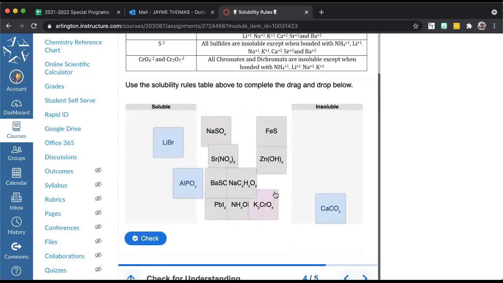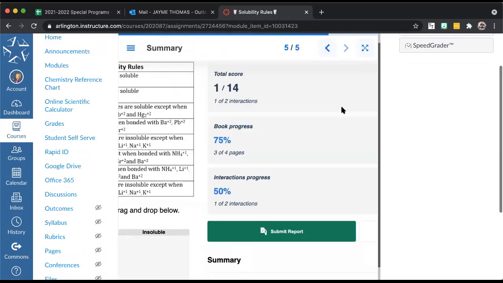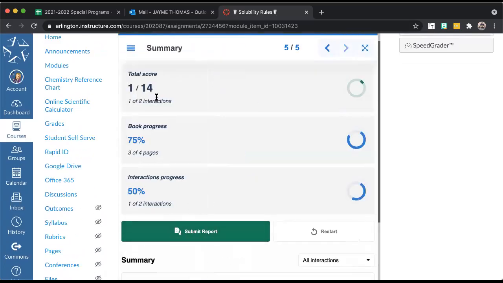And so when you get done with this, make sure that you go to the last page and that you submit the report and make sure that everything is completed before you submit it for your grade for today. Anybody have any